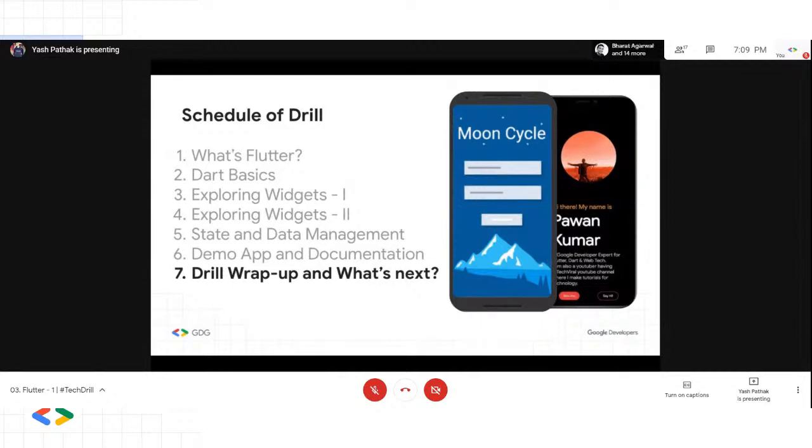We then explored widgets for the 3rd, 4th, and 5th days. And yesterday we discussed how to create a multi-screen application on the 6th day. I told you about material routes and how to make multiple screens and redirect them to and fro. And on the 5th day we discussed state management. We learned how we can update the state of a widget, how we can get some data which